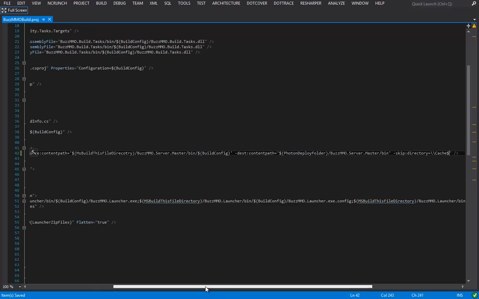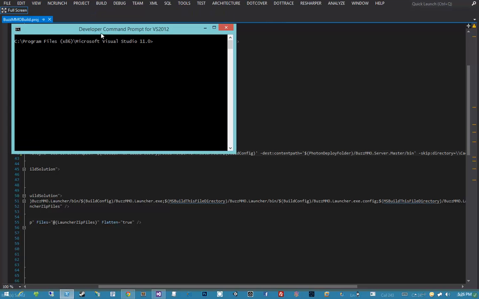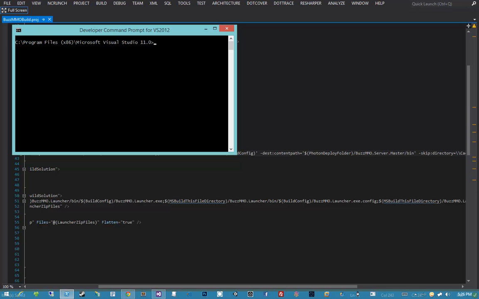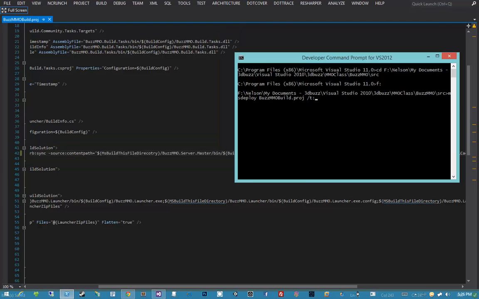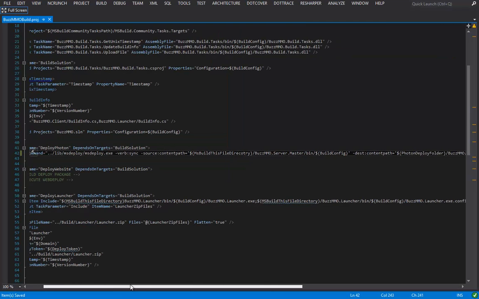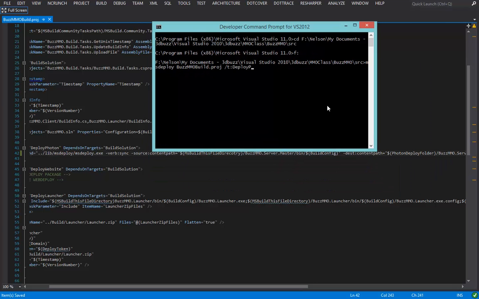Before we write the code to deploy our region server, let's test this. I'm going to open up my Visual Studio command prompt, my developer command prompt for Visual Studio 2012, and then cd into the path that contains my MSBuild script. I'll cd into this, and switch over to the F drive. And then I'm going to say MSDeploy buzzmmo build.proj /t: and I believe I called this target deploy Photon. So we'll say /t:deploy Photon